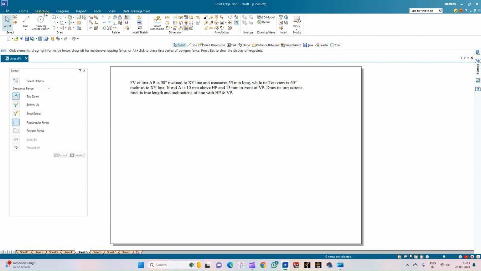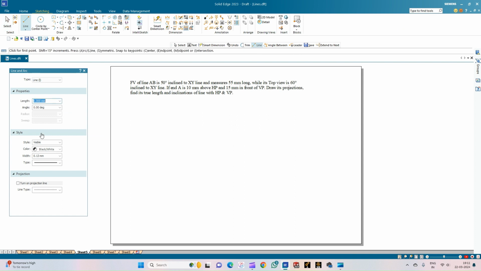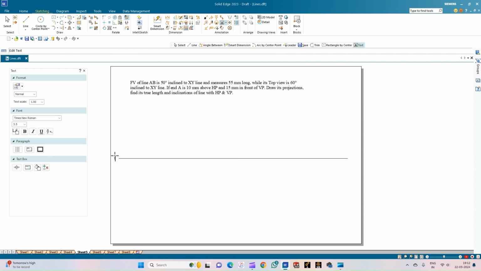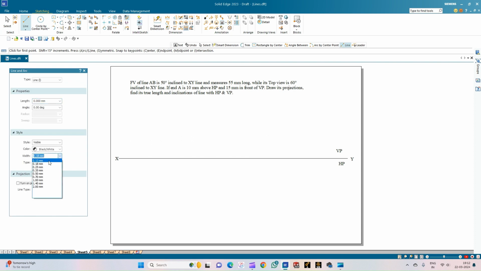So we'll begin by selecting the line option from the sketching window and drawing the XY line of thickness 0.18 mm, and annotate this line as X and Y, and also the reference planes as VP, that is above the XY line, and the horizontal plane which is below the XY line. So now using this line option again, but a projector line of 0.13 thickness, we will represent